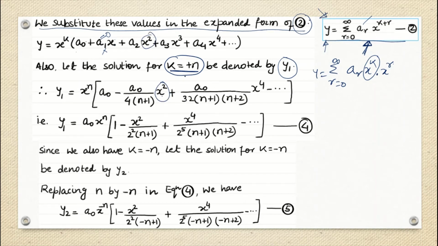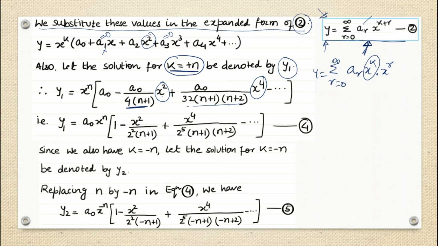Okay. Now, what about your a3 term? This is 0, so I'm not writing it here, correct? So this is nothing but your a4 x to the power 4 term. No odd term is written here, all are 0. So you're just writing down the even terms. In the even terms, I'm writing everything in terms of a0 only to make it simpler. So this is a0, we had seen what we got for a4, and so on. Fine. Now we are just taking out a0 common. So a0 x to the power n, now it is going to give you 1 minus 1 into x squared, divided by, just making it into some form, because we really want to know if we are getting some standard form.